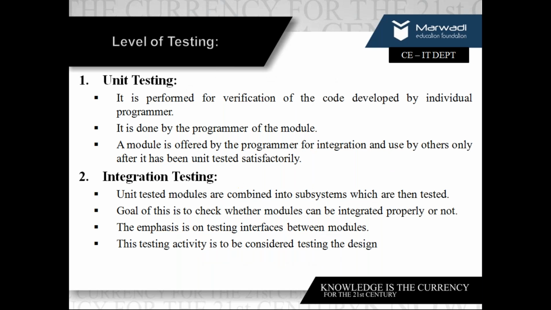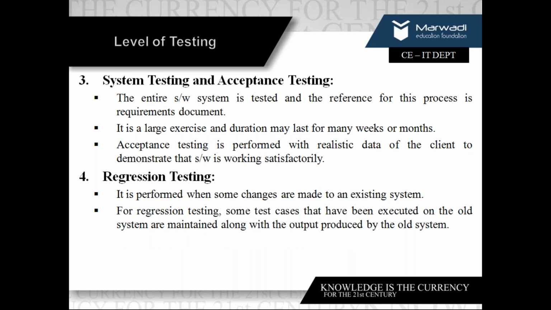Okay, moving forward, a theory about the levels of testing we saw. Go through it. Unit testing, verification of code, you can add code inspection. Integration testing, you can talk about top-down, bottom-up approach. It is combining of more than one module in the system. System testing and acceptance testing. System testing the system as a whole, that is alpha testing. Example of acceptance testing is beta testing. The system is tested by end users who are clients.